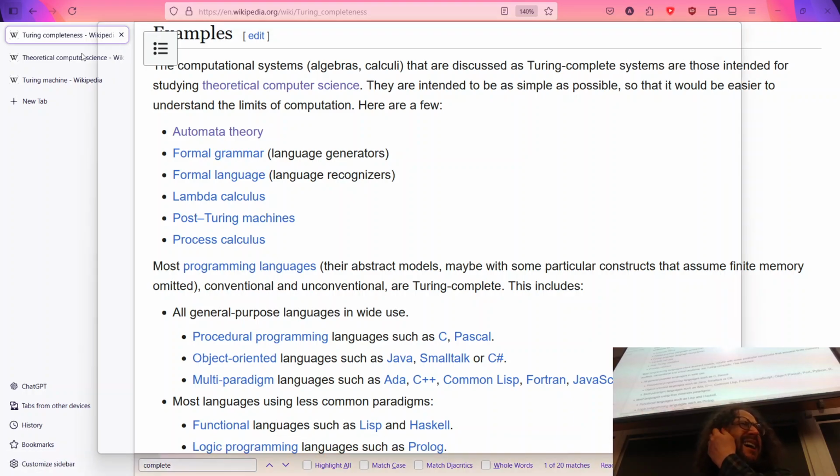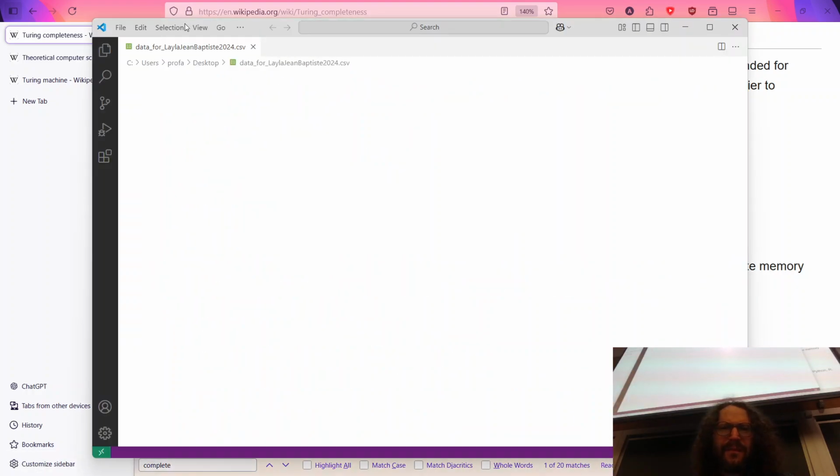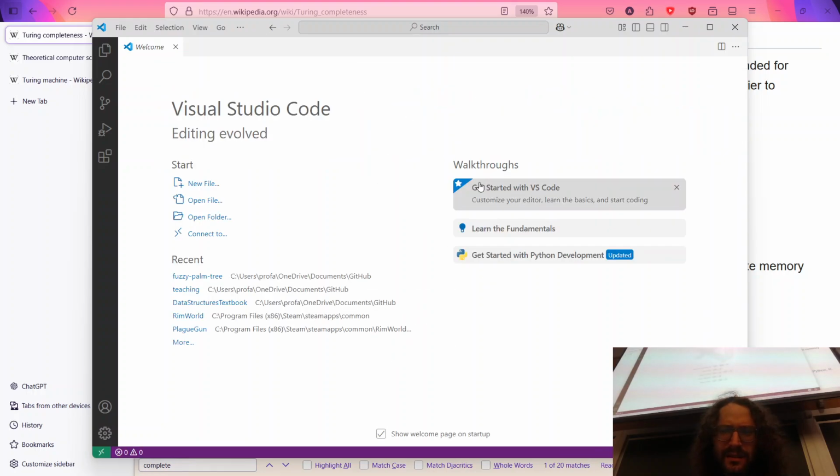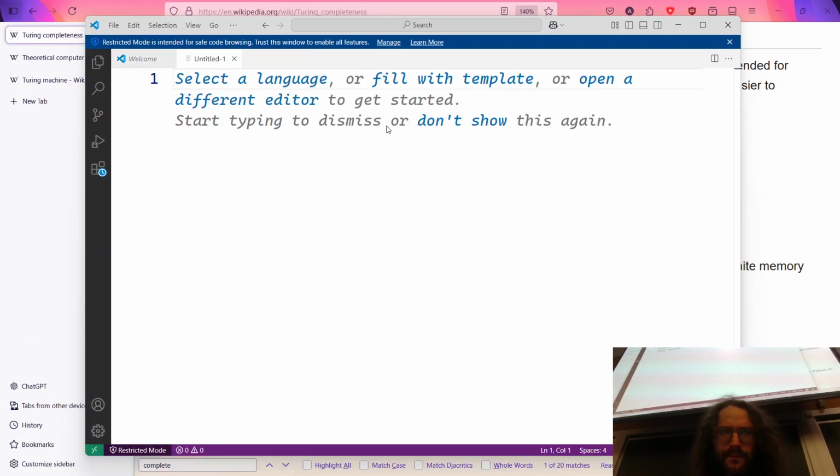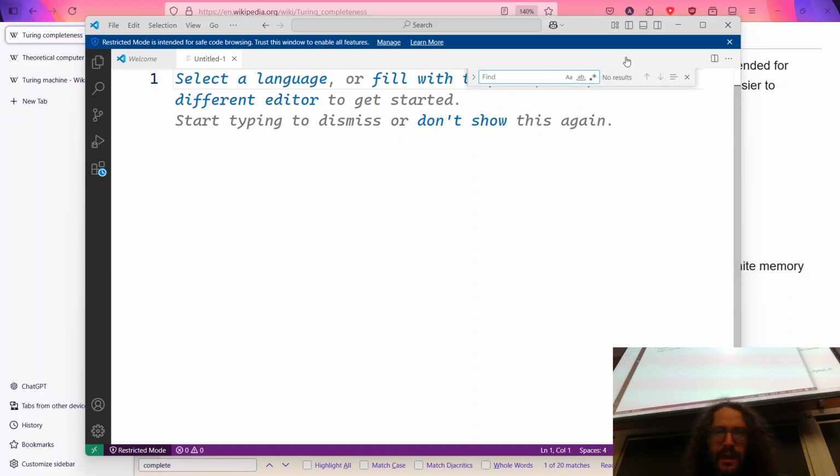Also, a lot of stuff that we use, like the search function in a text editor, especially in a programming context. It has these symbols: find, match case, whole word. Use regular expressions. You can find this in Excel and in Word documents as well. They're everywhere if you look for them.